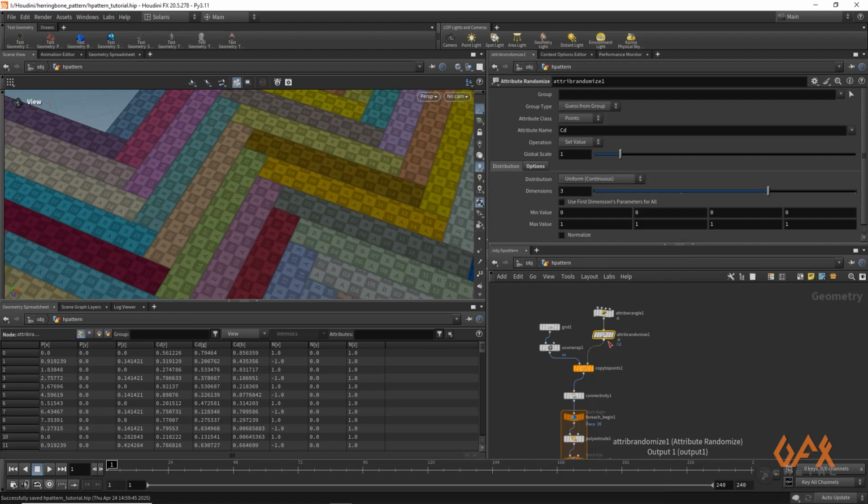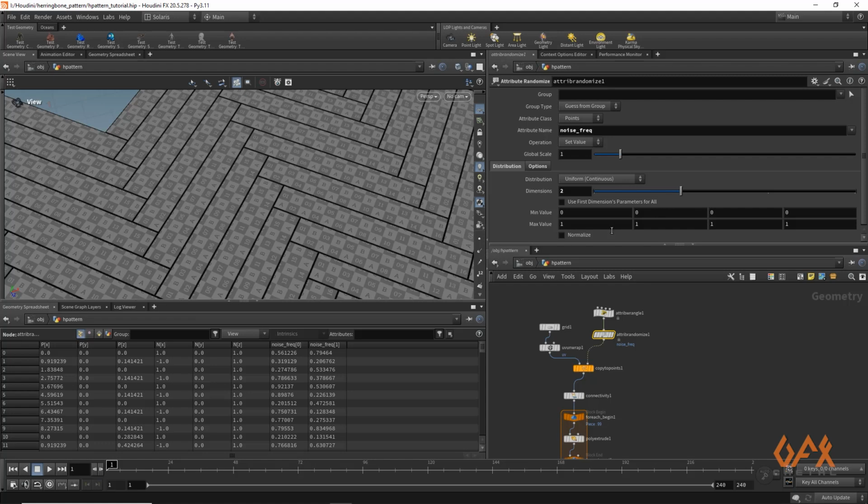So I just call attribute randomize. By default it gives you Cd, so I just name it noise frequency, and that should be in 2 dimensions as we have only U and V. And here I just set maybe 1 and 2, and maybe here you can change it to 20 and 30.